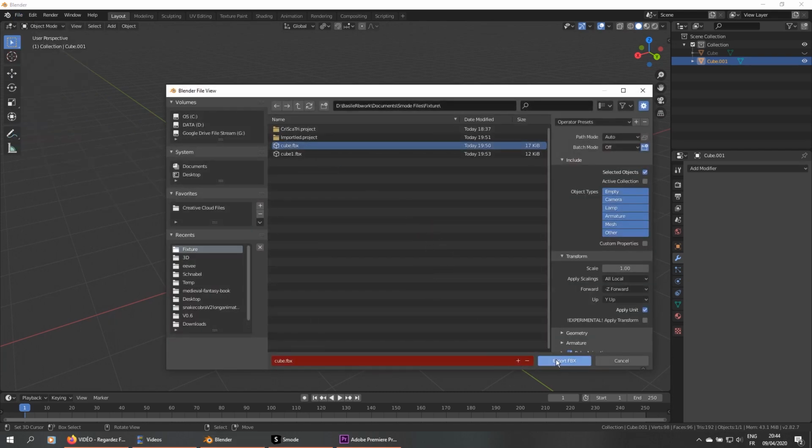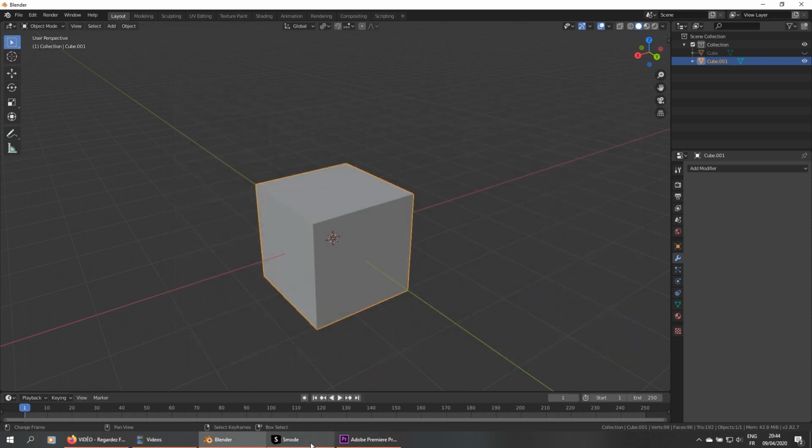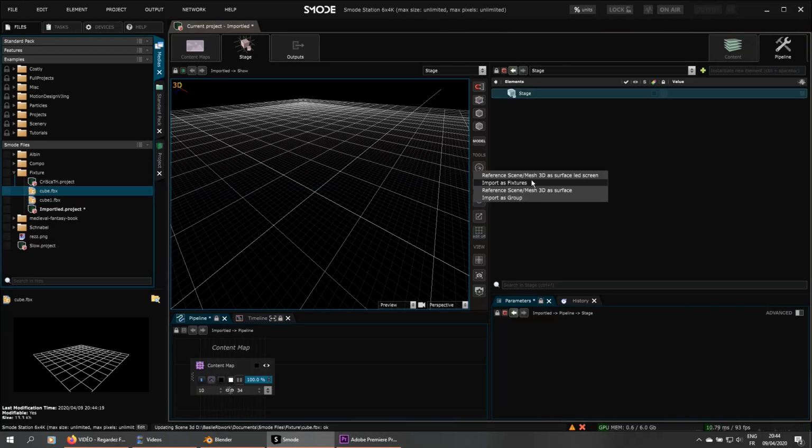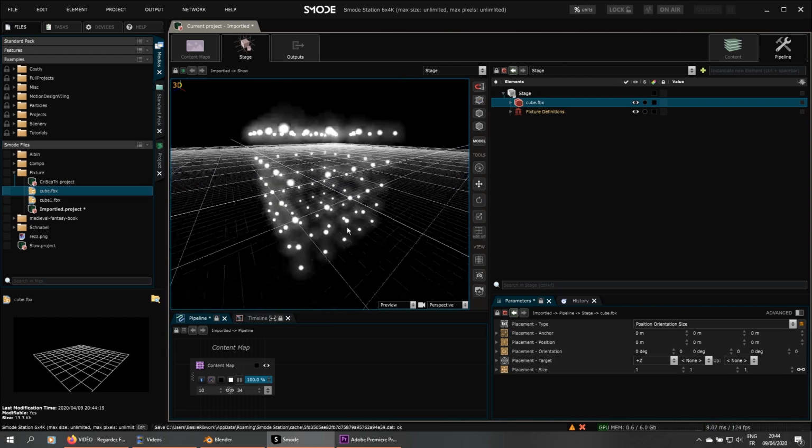So cube f.fbx. Let's select object only, and then let's import it as fixture. So you take your FBX file and drag and drop it into the stage and import as fixture.